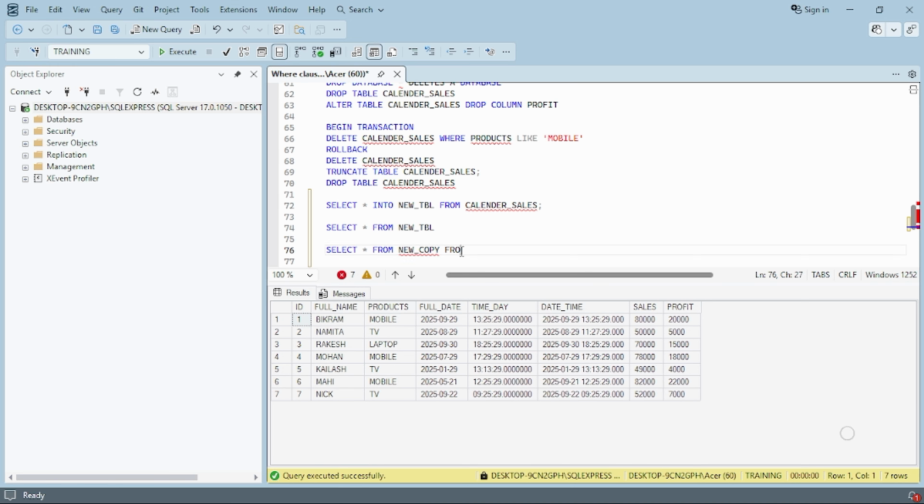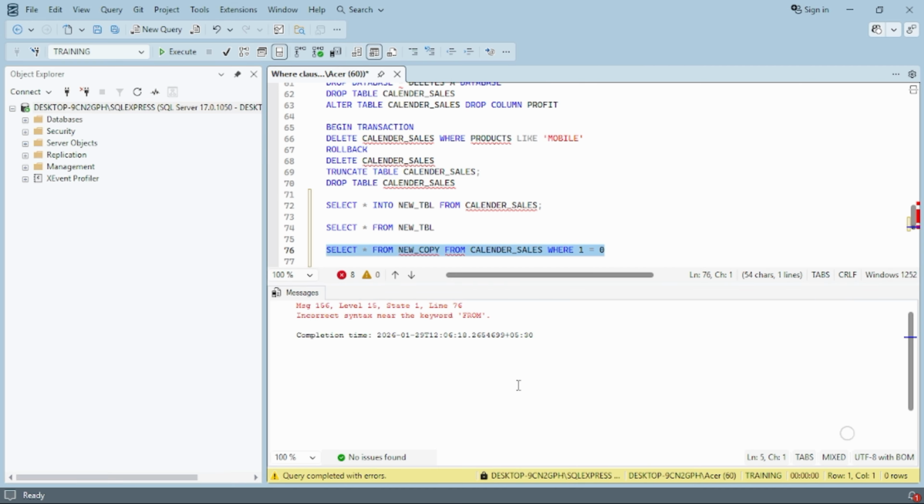And the source table is calendar cells, and here I don't want any data. So it is a similar query, only I am writing one where clause where I will restrict all those data: where 1 equals 0. If I execute this query, it is saying